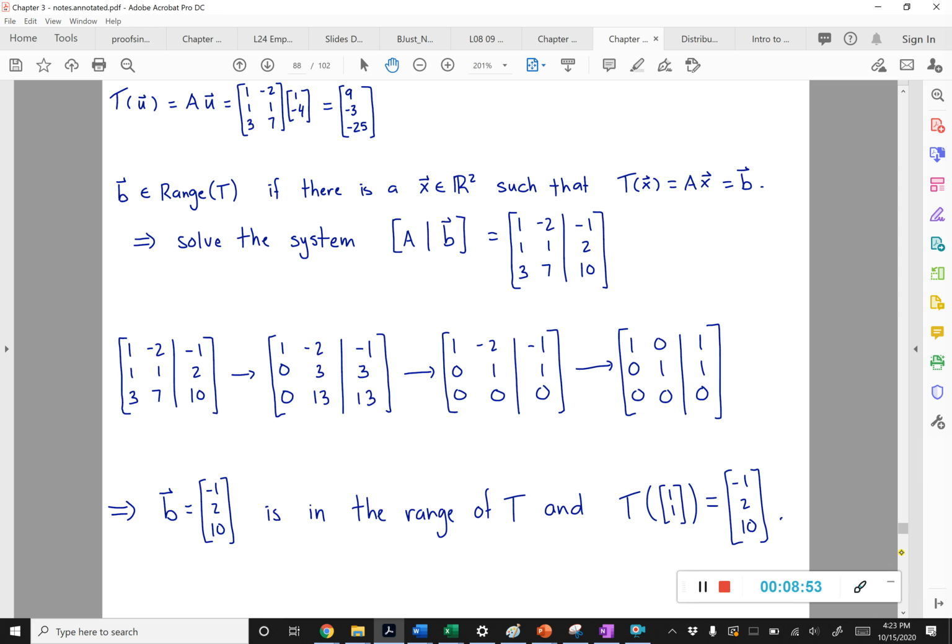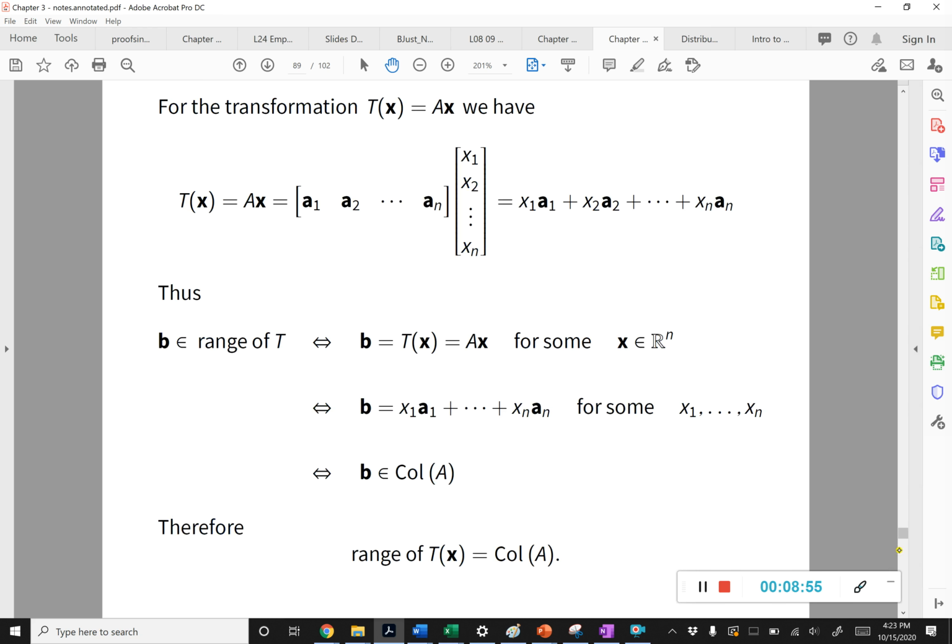So for the transformation T, some linear transformation, we can always take a linear transformation and write it as a matrix multiplication. We have these columns of A multiplied by a vector. You get these x's become weights on the columns, and so